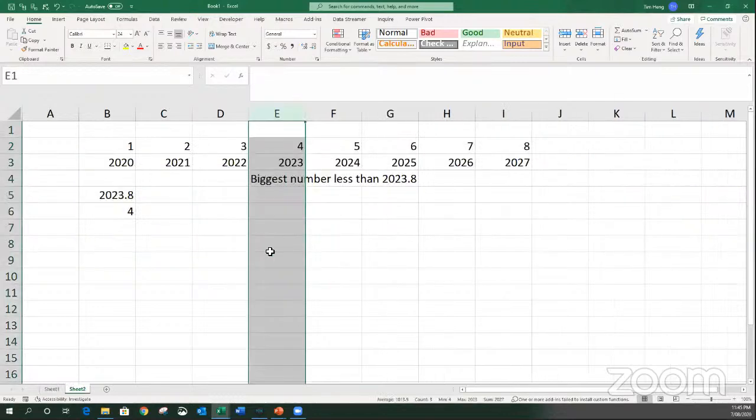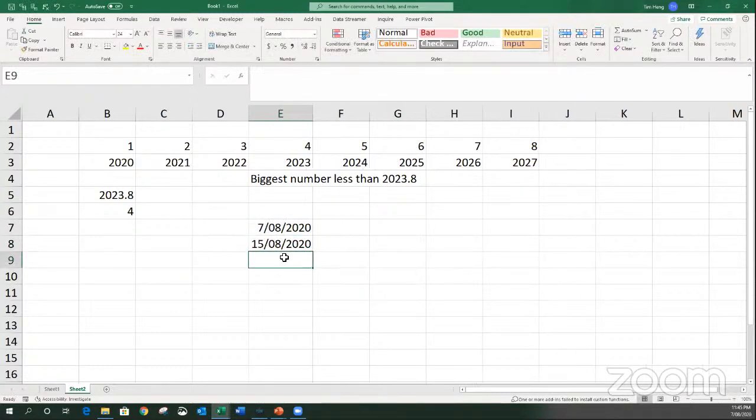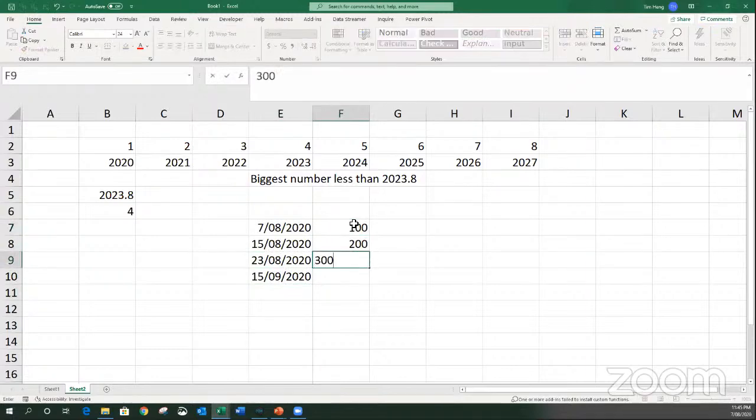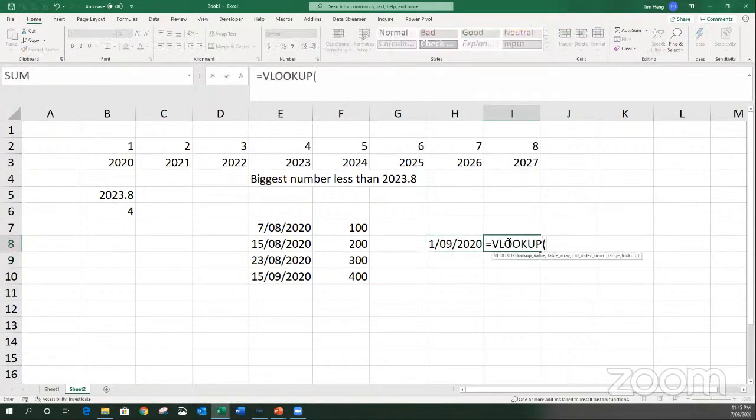So if I have a list of dates, let's say today's date and today's date plus, let's see, 8. Let's say there's another one that is the 23rd of the 8th, 2020. There's the 15th of September, 2020. And these all have different values. If I want to know what was the balance at 1st of September, 2020, I can use, let's see, VLOOKUP,